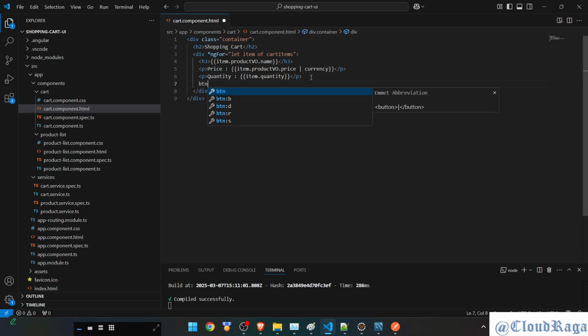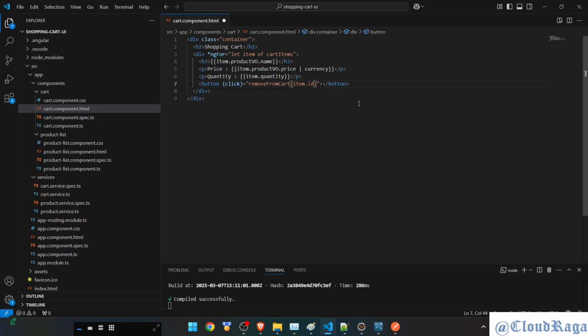Okay, I should have added earlier because CSS will be missing for this button. But okay, we'll generate again. So button, here we will add one click event, and it will simply say remove from cart. Let's say that's my function name which we are going to create, and here whatever item is here, I'll copy and then